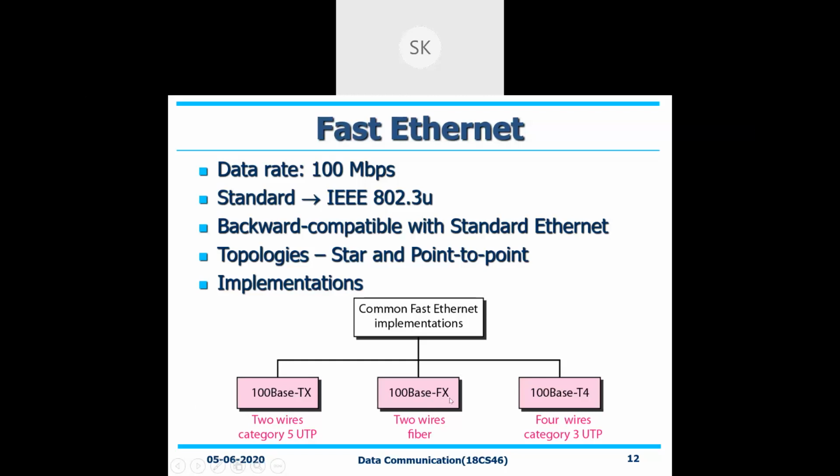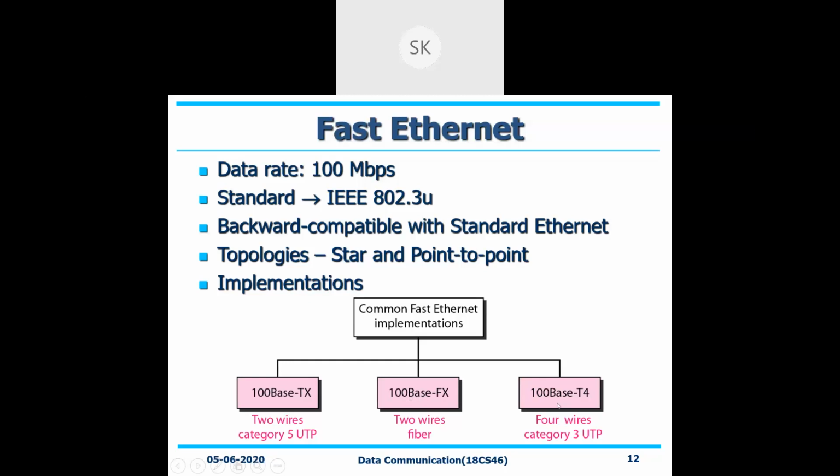FX, that X is n number of wires it can have, but generally for implementing this, 2 wires is more than sufficient. So 2 wires of fiber connection you need to have. 100 Mbps of data you can transmit over that. So the transmission will happen with respect to your digital signal, using baseband type of implementation itself.